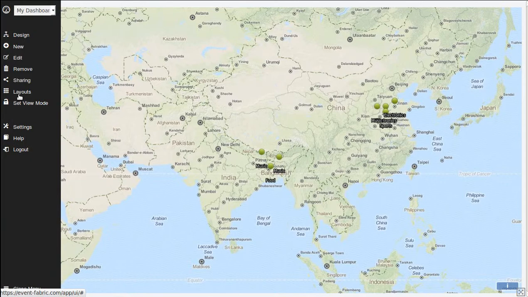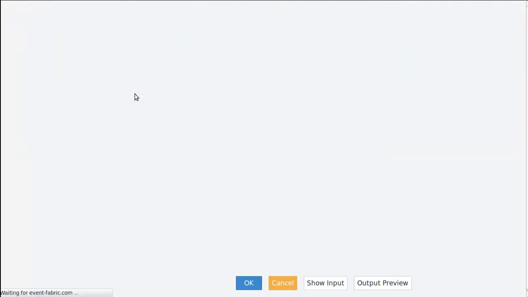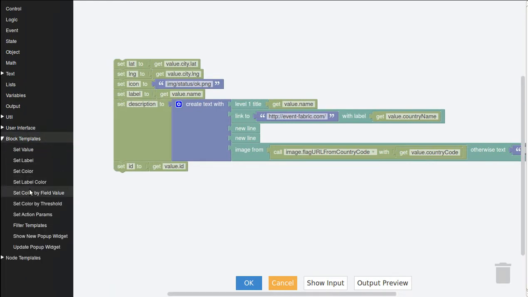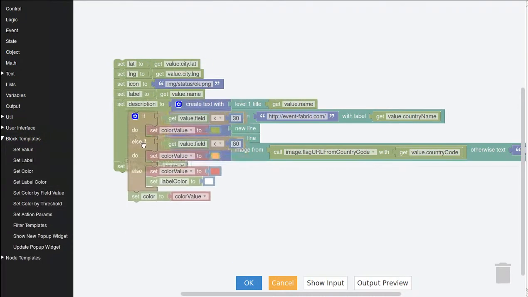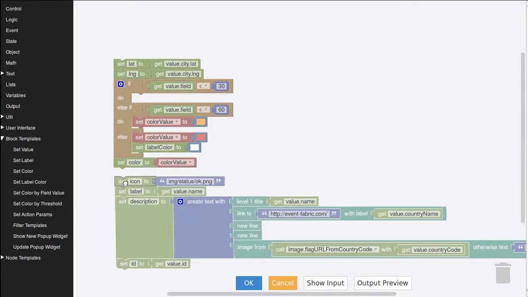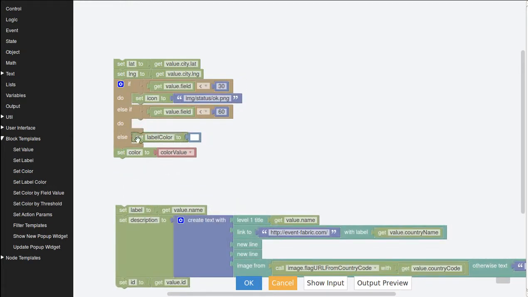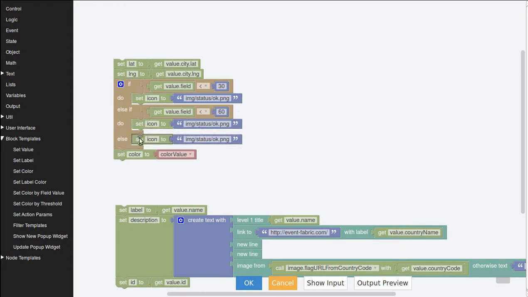And something maybe useful to show here is we could adapt this set color by threshold template here. Instead of setting the color, we can set the icon here. So we take this out, we paste it here, remove this, and we can set OK, warning, and error. Remove this,